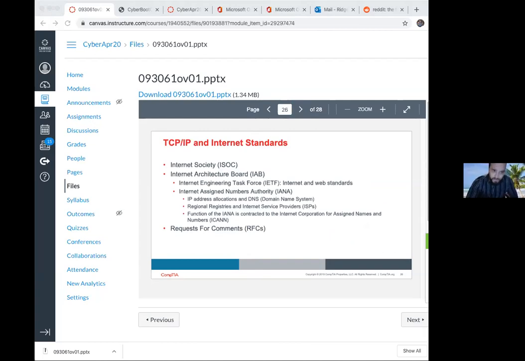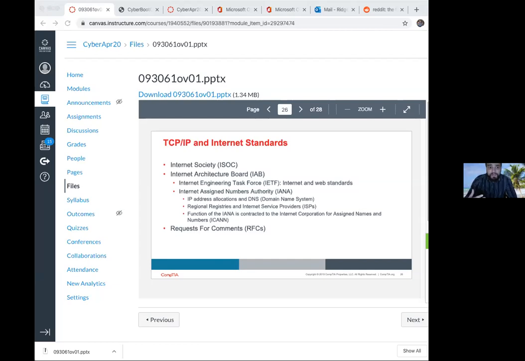The Internet Architecture Board is a committee of people from the ISOC, and they are responsible for setting internet standards. Internet standards such as the IETF, the Internet Engineering Task Force, which focuses on internet problems and new standards for the internet. Then we have the Internet Assigned Numbers Authority, IANA, and they are who allocates IP addresses,